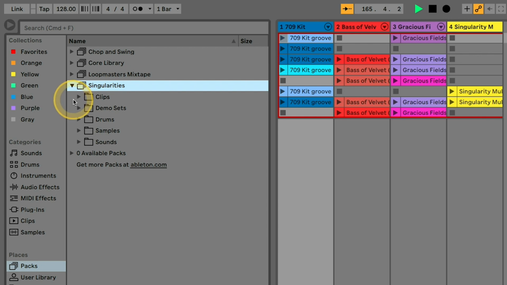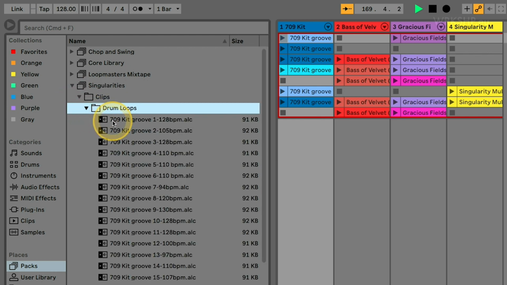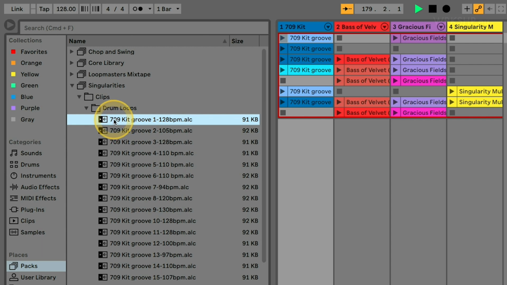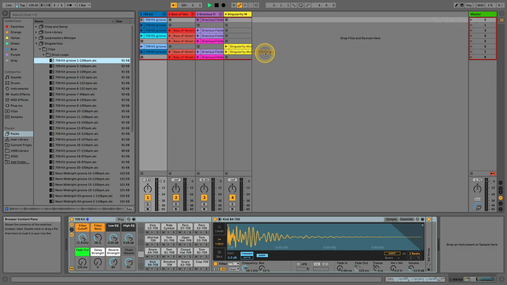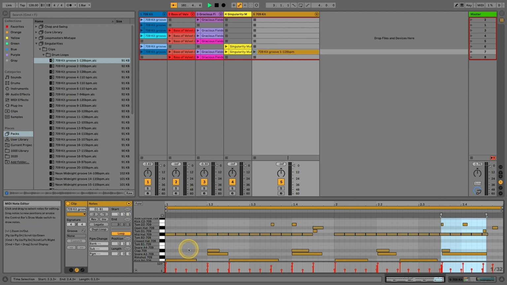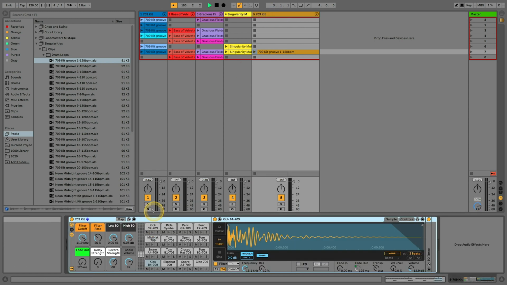But what's really cool about it, and what really works for this next section, is that it has clips in there, and these clips are actually MIDI clips which are linked to instruments. So if you're not aware of that, and it's quite interesting once you learn it, you can save clips into Ableton Live, and there will be an associated instrument with those if you want. And so if, for example, I take this one here and load it in, we'll see that it loads in the clip. We're going to see it here. But if we double click on the track, we can also see that it loads in the associated drum rack.